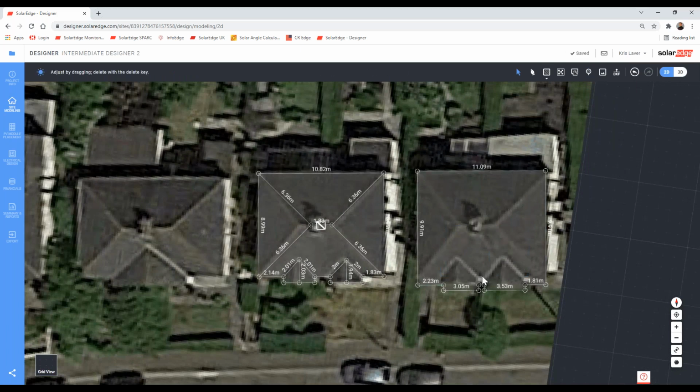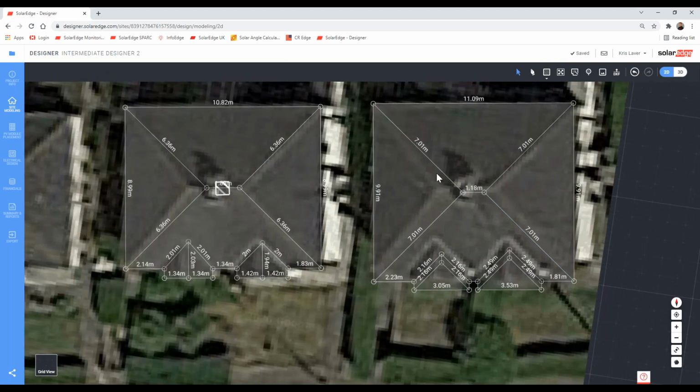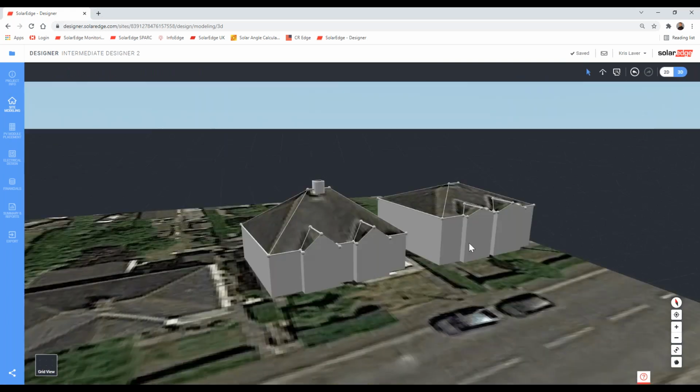So all the internal lines gone. What we can do is use this feature here, the inner edges feature. I'm going to click once. My mouse has now turned into a wand. I'm going to click in the middle of the model, and it's added all of these lines for me based on what it can see, the algorithms it's worked out from the image in the background. The only thing it's not quite picked out perfectly is the dormers. So we can fix that simply by grabbing this polygon, bringing it straight down to the middle, and the same with this one, straight down to the middle, equal both sides, back into 3D, and there's the property modelled, and